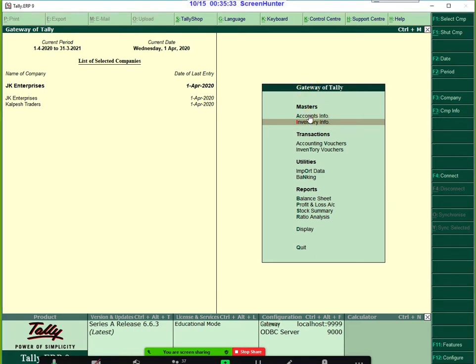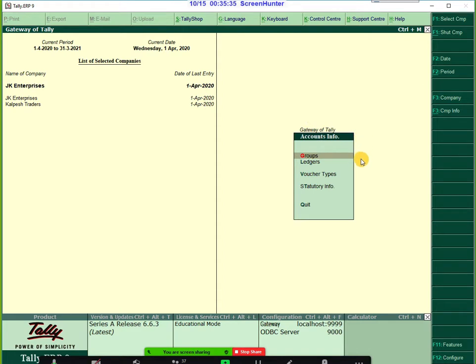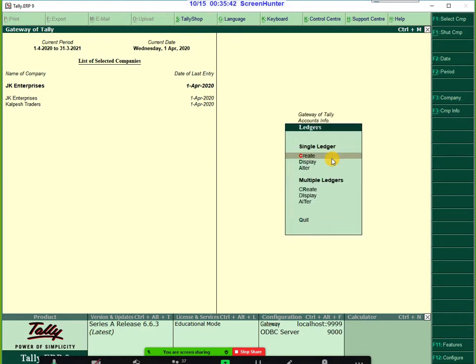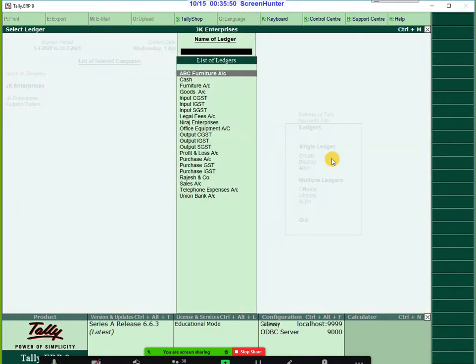In the Gateway of Tally, go to Masters, Account Information, Ledgers. See the ledgers which we have created here. Already I have created these ledgers which are required to complete the transaction. First is ABC Furniture, which is our sundry debtor, then cash account, furniture account,